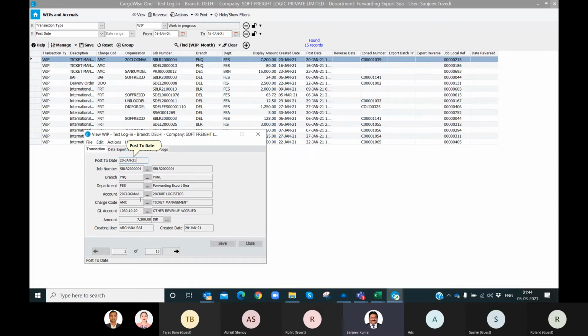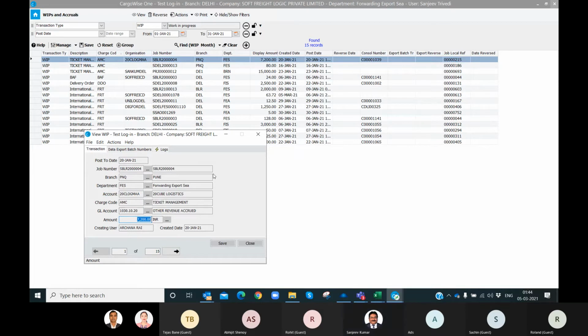It means 7,200 is inflating revenue in that particular month because that amount has not been posted. It is just an estimate.